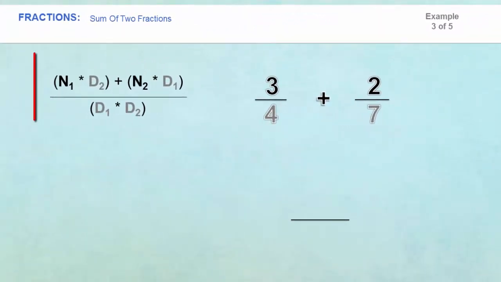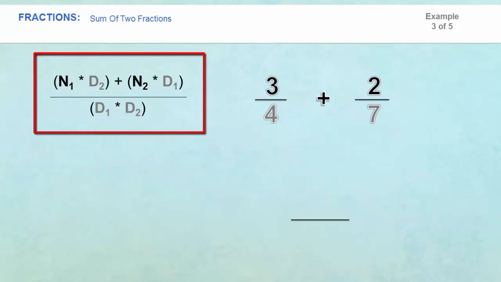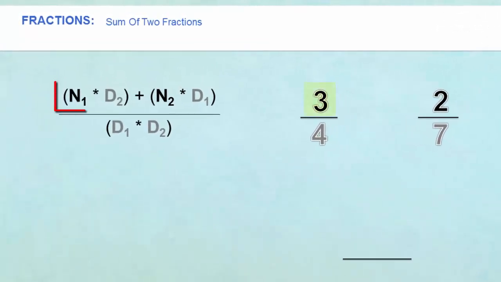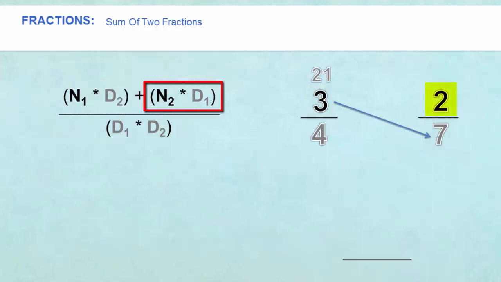Continue to use the formula on the left for reference. Let's begin. Start with the first numerator of the first fraction and multiply it to the opposite denominator. 3 times 7 is equal to 21. And then, from the second numerator, or the numerator of the second fraction, multiply it to the opposite denominator, or